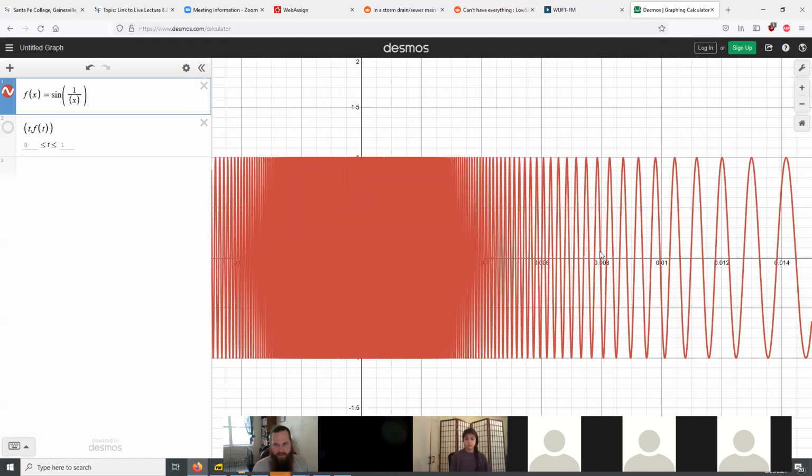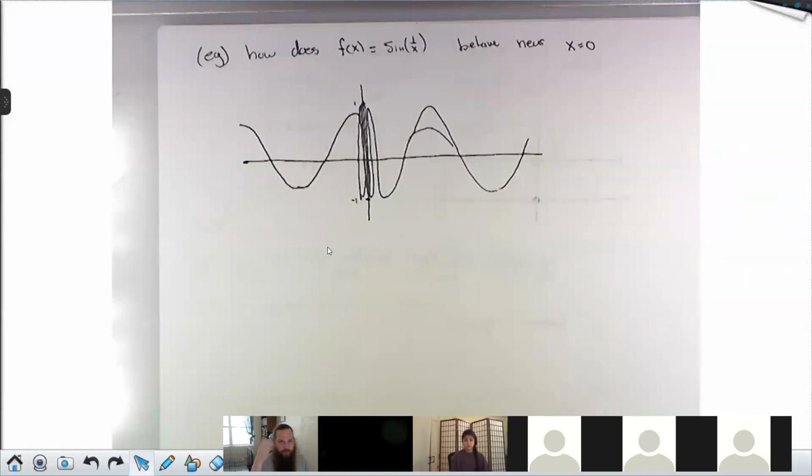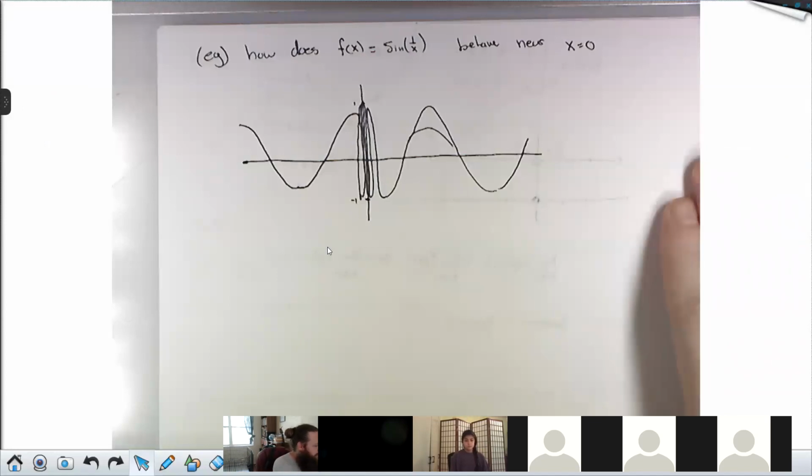So would it make sense to say that as x gets closer and closer to 0, these y values are getting closer and closer to any particular number? One way to check this is to imagine you have some number. That would be that limit. Your y value is going to bounce back and forth from being close to that value to really far away from that value infinitely many times as x gets closer and closer to 0. So forgive my bad art here, but